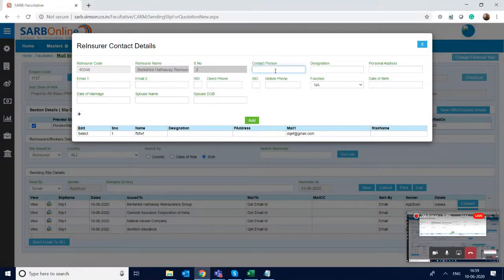So I'm adding the names here. Okay, I add Rahul Dev, Vice President, Rahul.dev at online.com.